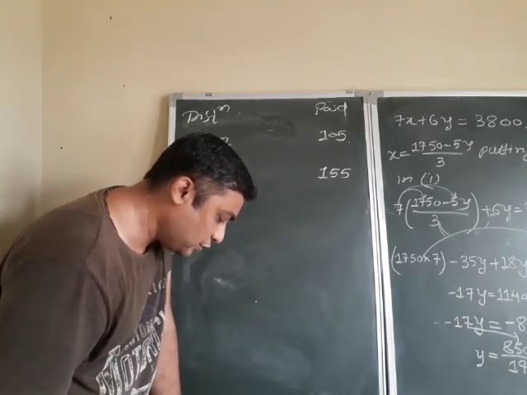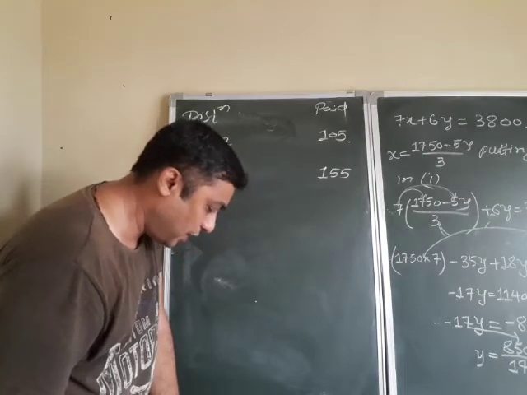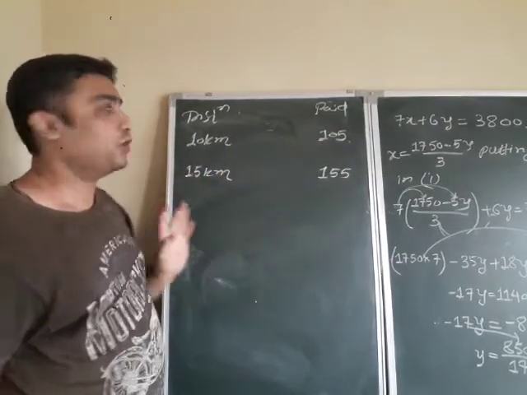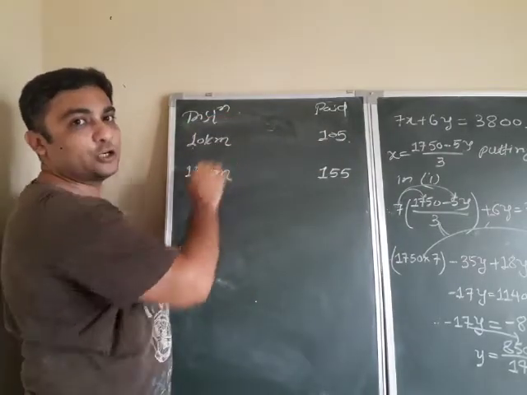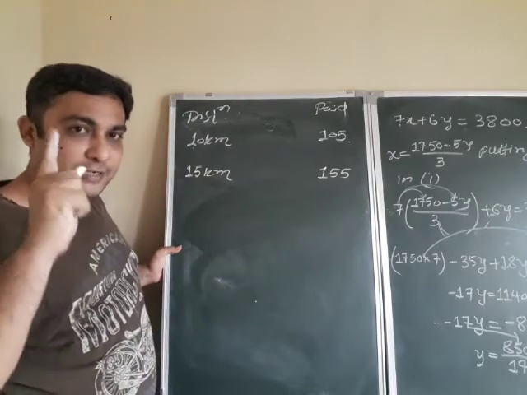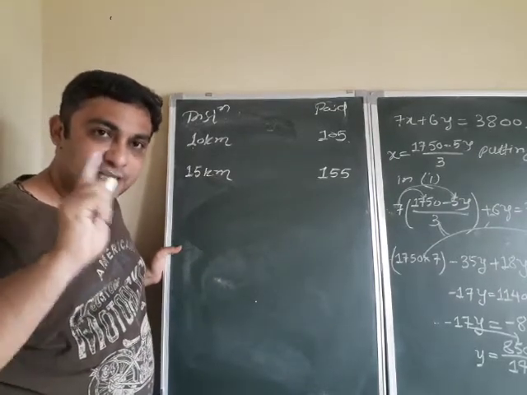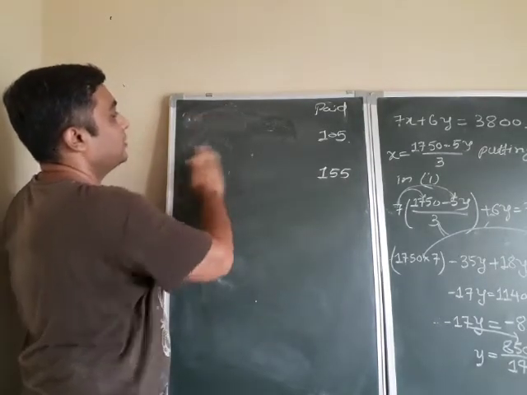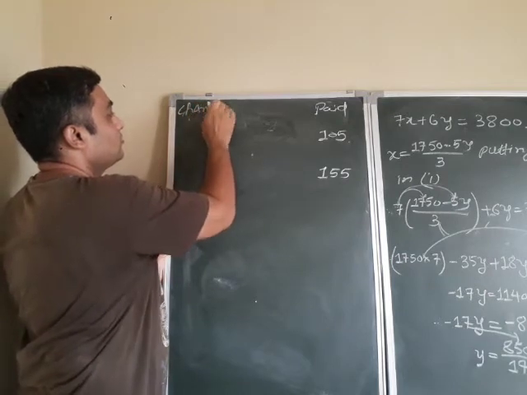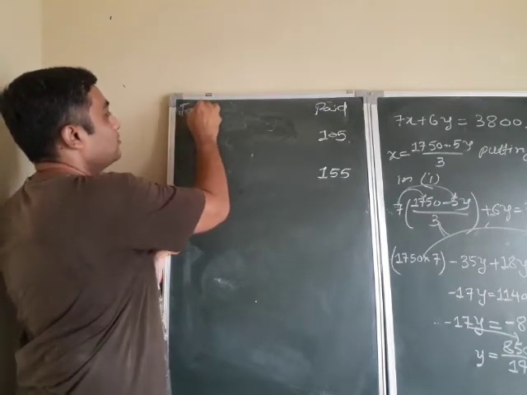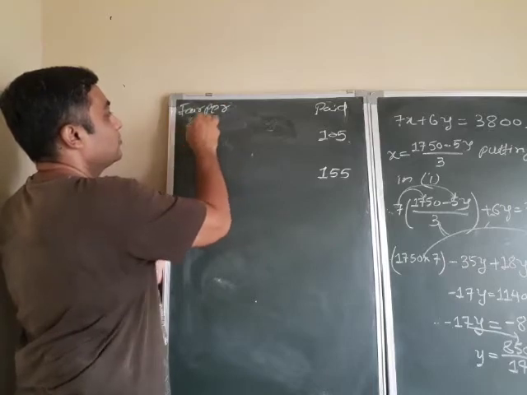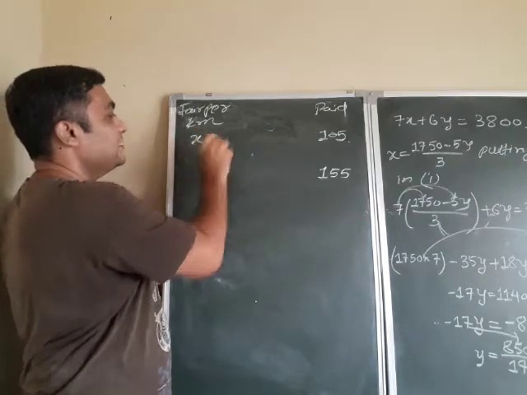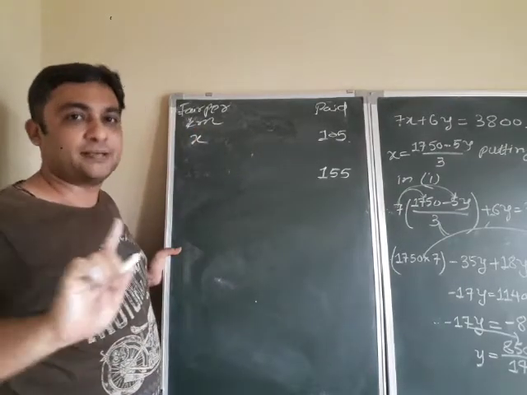For a distance of 10 km, the charge paid is rupees 105. This total charge for 10 km includes the fixed charge. So you traveled 10 km. If they charge X rupees per kilometer, then for 10 km, see, I write here the charge or fare per kilometer, and that is also fixed, that is X rupees, and the fixed charge is also fixed.